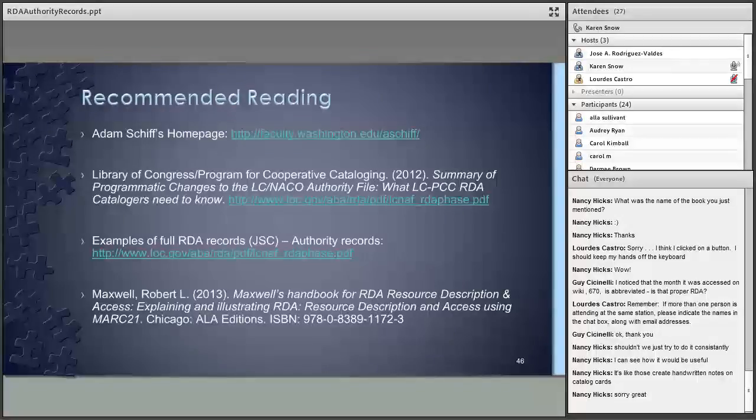But here you go. Here's that list I was talking about. Adam Schiff's homepage, like I said, is always chock full of great information. He's always posting presentations that he's given and so forth. It's great. Also check out the Library of Congress Program for Cooperative Cataloging website. Here's just kind of the changes that they're doing in phases. There's like 3 phases, and I think they're in phase 3 now, in what they're doing to update the authority file, and the examples of full RDA records. There's not only bib records there, but also authority records you can check out. From the Joint Steering Committee, who created RDA, and then here's that